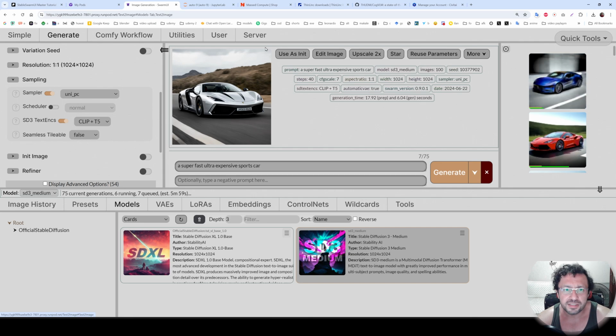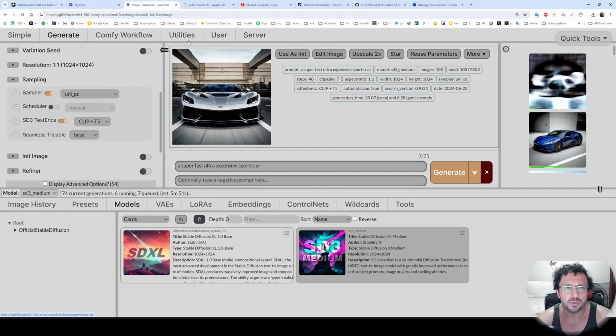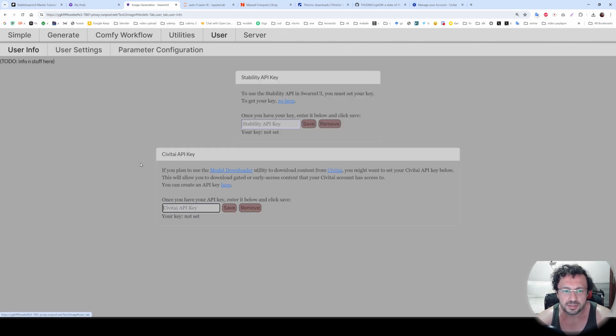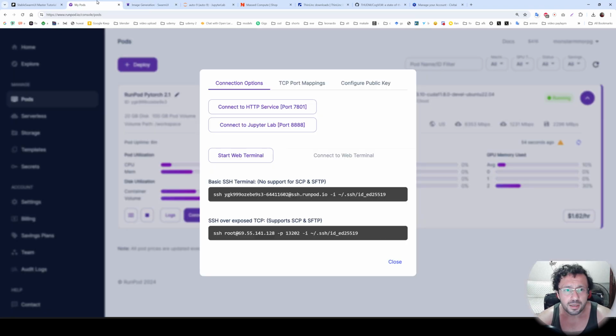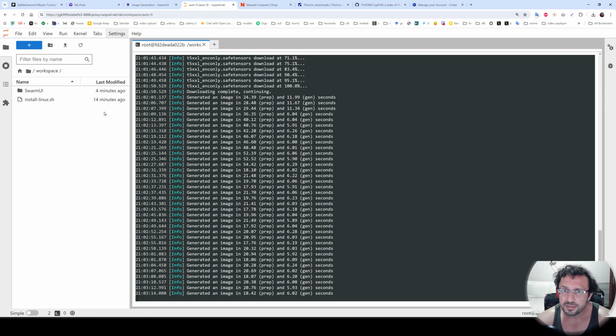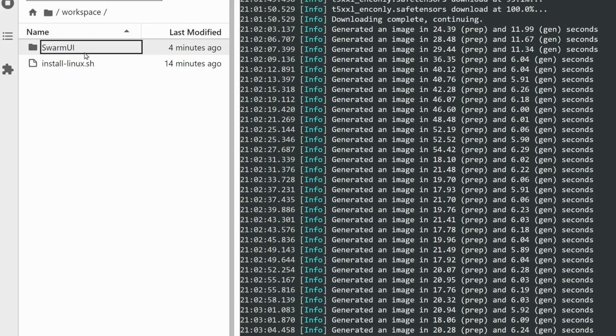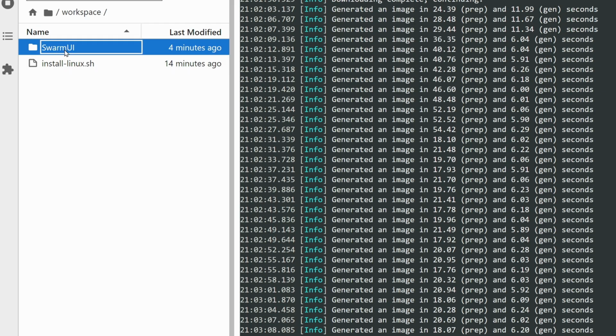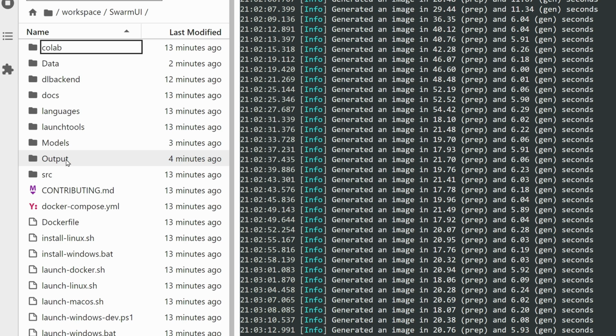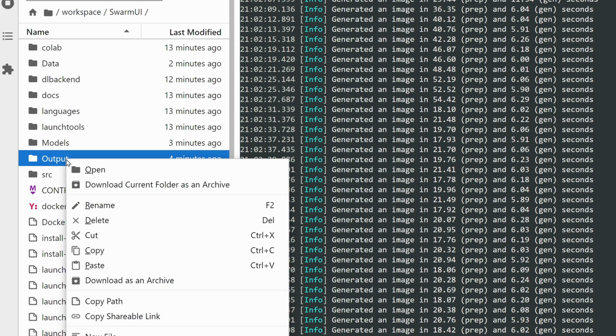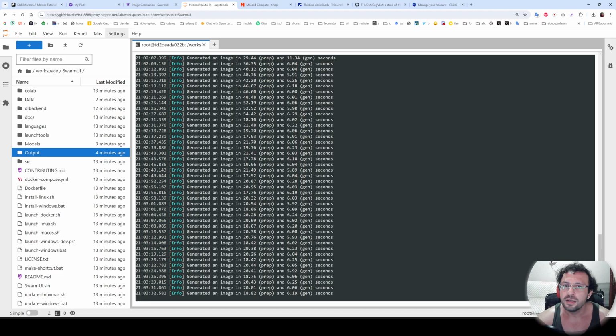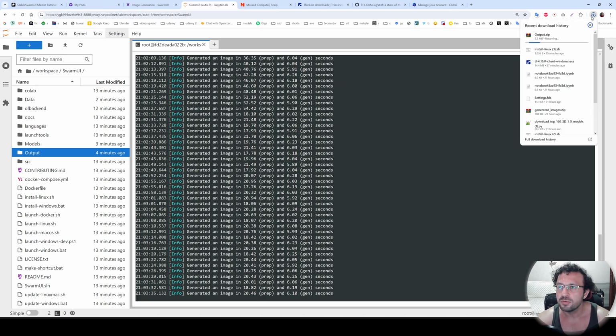There is only one additional thing that I didn't show in the Windows tutorial, which is the SwarmUI APK. I have shown how to use this in the Massed Compute part. So if you have skipped that part, just look at that part. From the description of the video, you will see it. So how can you download the generated images onto your computer? Enter inside the SwarmUI folder, double click it. You see there is output. The easiest way is right click and download as an archive. So it will zip all of the files and download them.